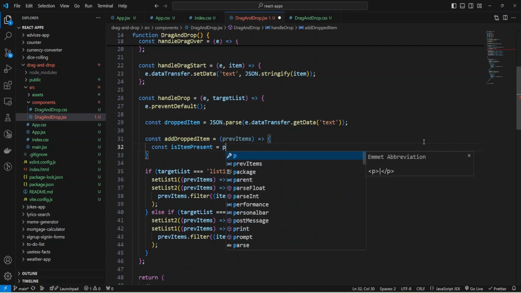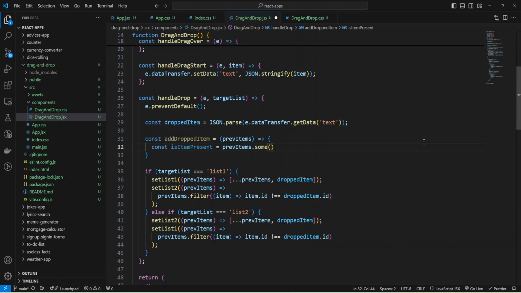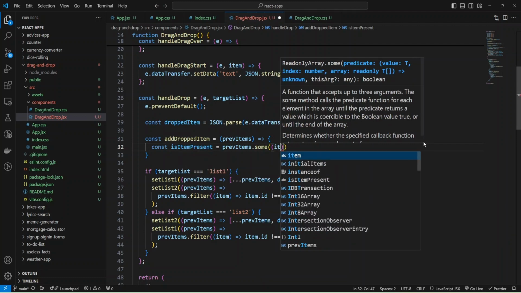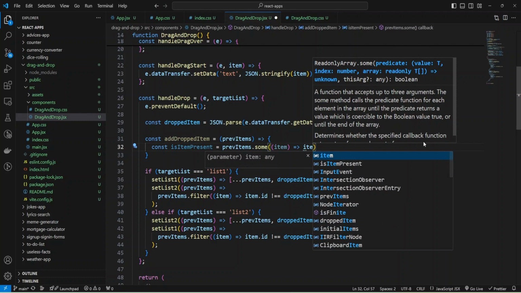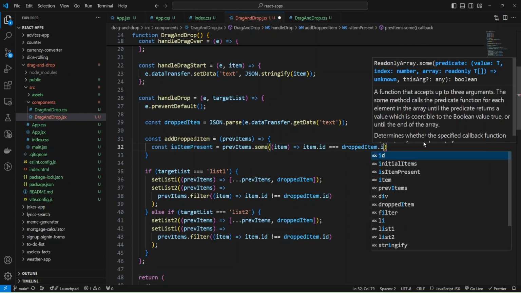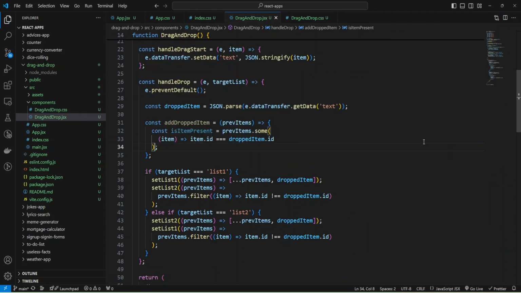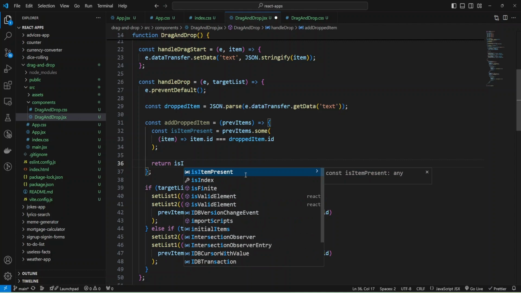Then I'm going to use my prevItems, and it's an array, so I can use the some function and check each item, and if some item ID equals our dropped item ID, this will mean that we have the item in the array, and we will not add this item. And I can copy this code and return depending on isItemPresent.